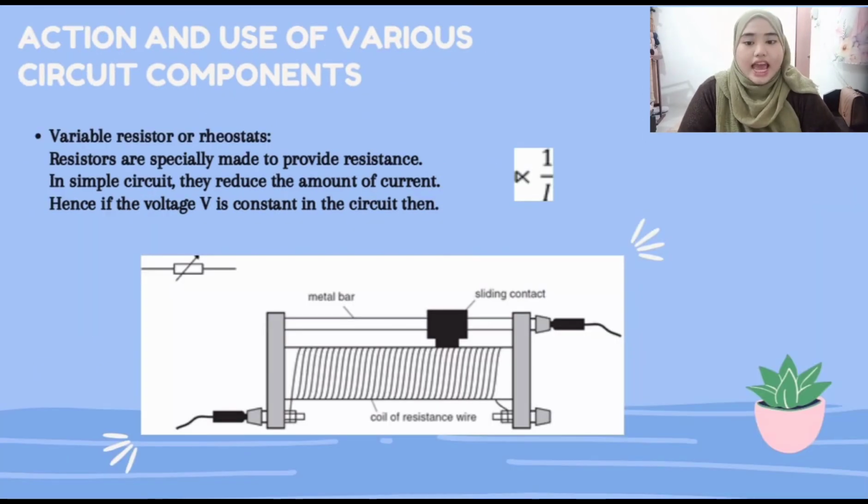Next is action and use of various circuit components. Variable resistor or rheostat. Resistors are specially made to provide resistance. In a simple circuit, they reduce the amount of current. Hence, if the voltage is constant in the circuit, then